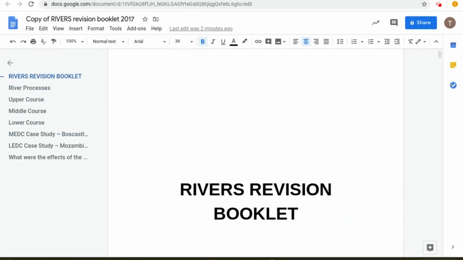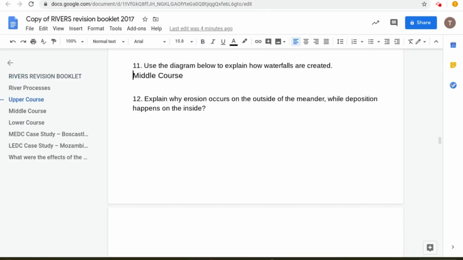To create these are really simple. All you need to do is to create a new header or a new title on a page, highlight a section,